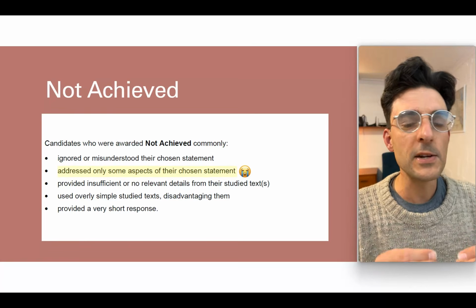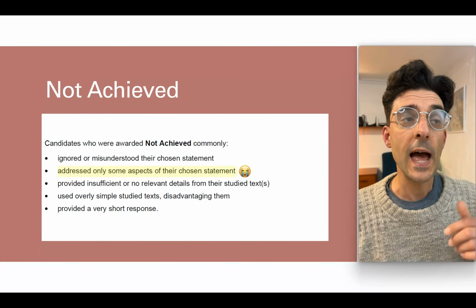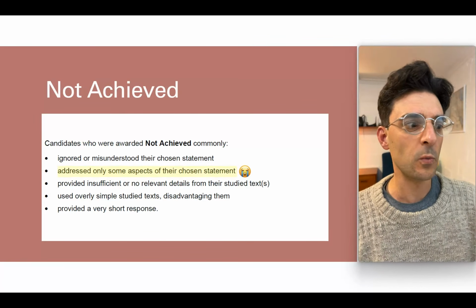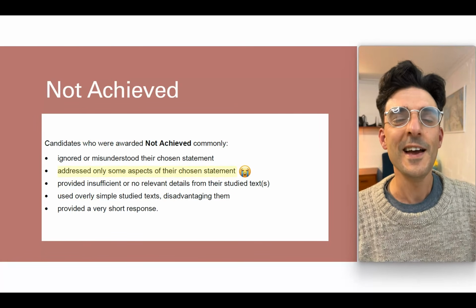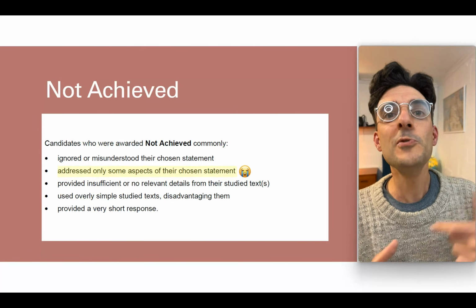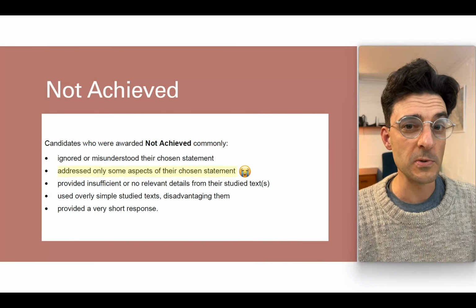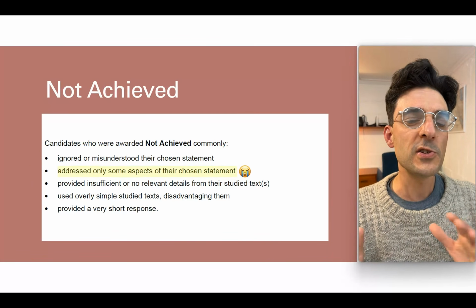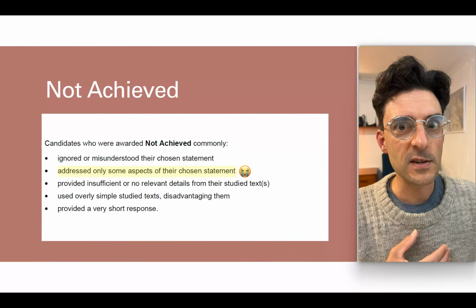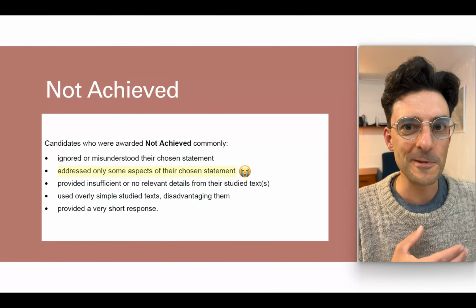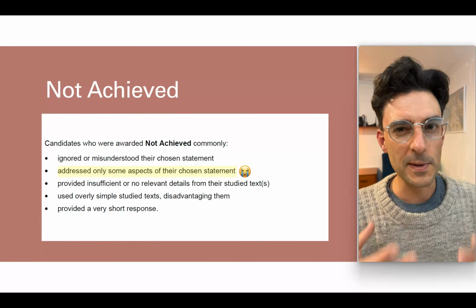It's fundamental to your success in the exam that, A, you select the right statement, which is one that you understand. And secondly, that when you select a statement, you don't ignore it, that you constantly refer back to it and you use it as the basis of your discussion. So it's no surprise then that the top bullet point in the not achieved category is ignoring or misunderstanding the